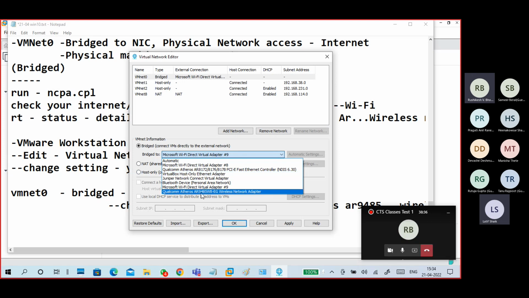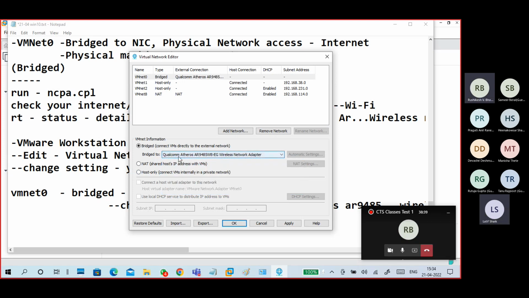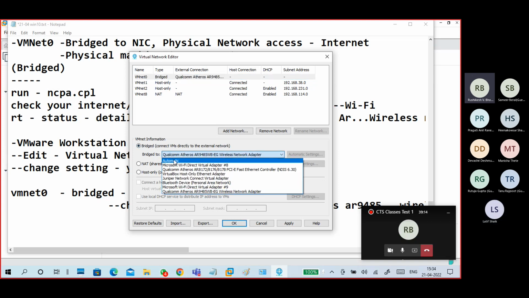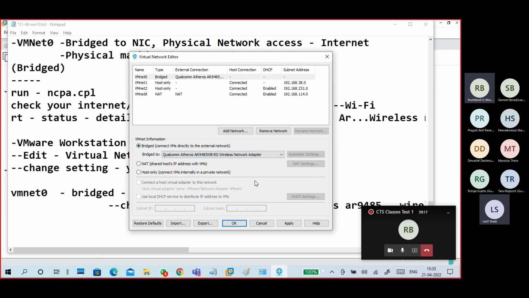Okay, so compulsorily check your adapter name, note it down or remember. So click on VMnet0, change from automatic to your adapter. That's enough. Of course, one more setting I will tell. If you want to do it now or later, anything is easy. After that, the remaining practical I will tell. VMnet1 also we can do some things there. That I will tell at the time of Windows Server tomorrow. So currently VMnet0, bridged, automatic to adapter. Guys, understand how to change?